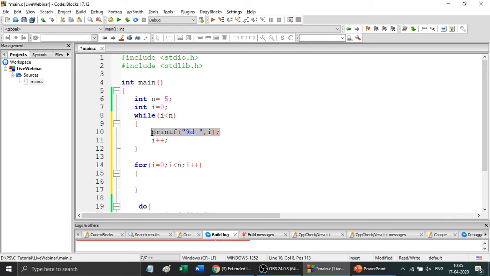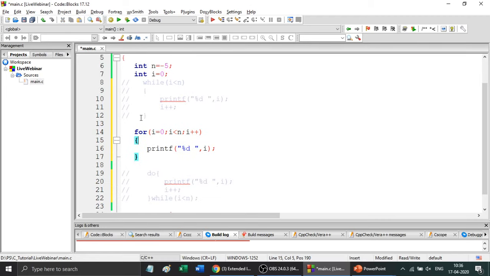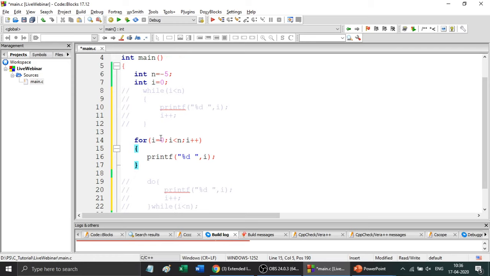So I am putting this only statement. I will comment this while loop for now. Similarly, I will comment this do loop for now. The i value is 0, it's already initialized there, but again I'm giving it, okay, maybe we'll declare like this. So we have initialized the value, we are checking the condition, and we are incrementing this value.